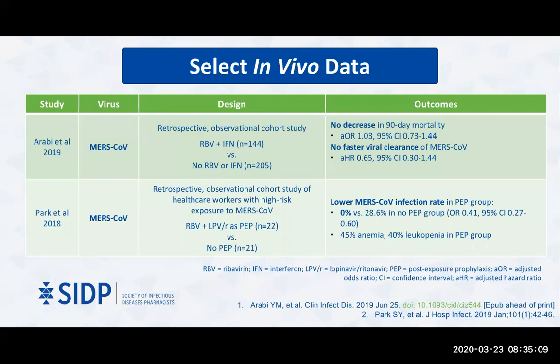However, for the patients that received PEP, which included the ribavirin plus the lopinavir and ritonavir, we were still noting relatively high rates of things like anemia and leukopenia at about 40 to 45% in the group of patients that did receive post-exposure prophylaxis. So maybe there's some signal here. Unfortunately, it's unclear if the lopinavir or ritonavir was doing all the heavy lifting for prophylaxis for MERS itself. It's essentially impossible to distinguish.